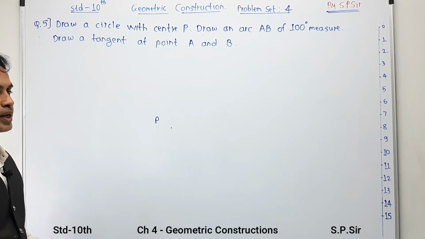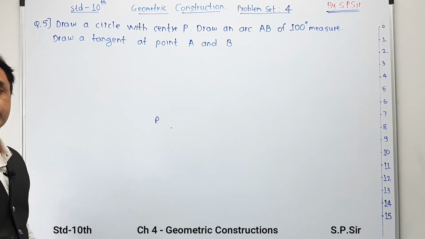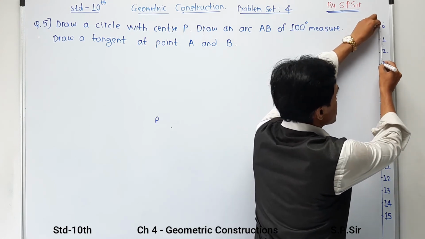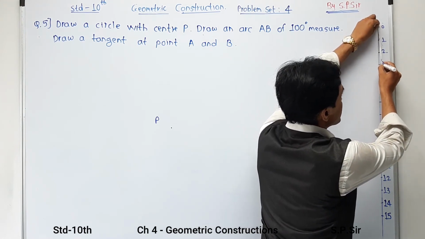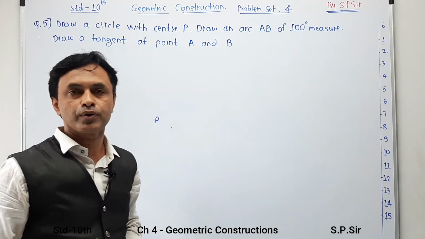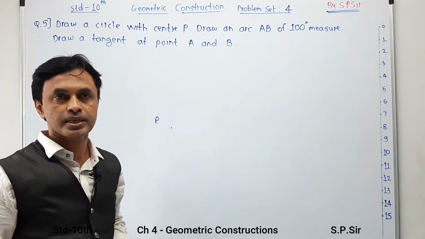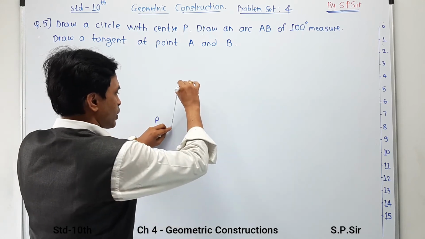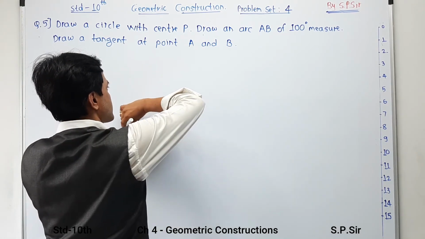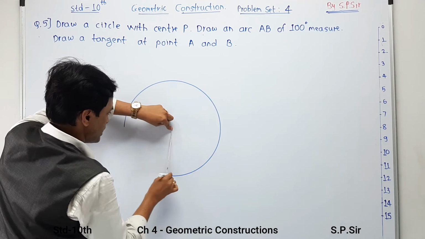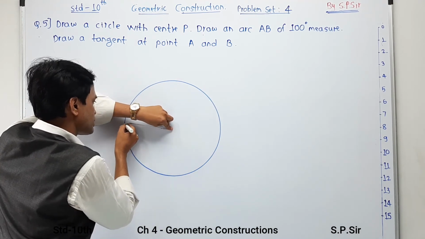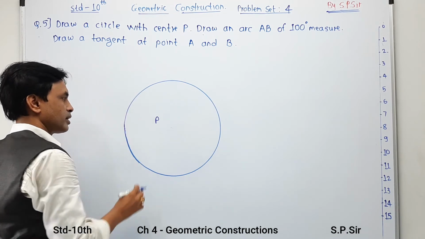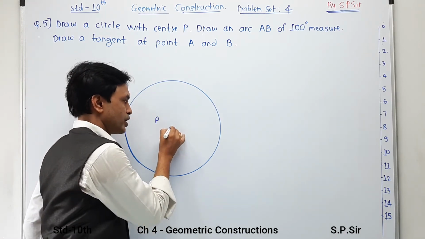Now moving to the next part, I am going to take a radius of 3 centimeter. So here I am going to draw a circle with radius 3 centimeter. You can take 3, 3.5, 4, depending upon your paper size, so that it looks proper in your diagram. Here I have drawn a circle of radius 3 centimeter. So my first step of construction is going to get completed. After that we have to do the next part.